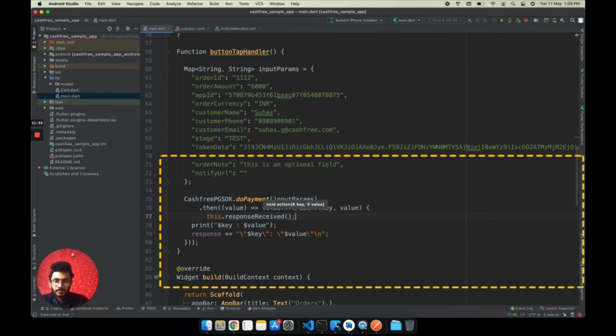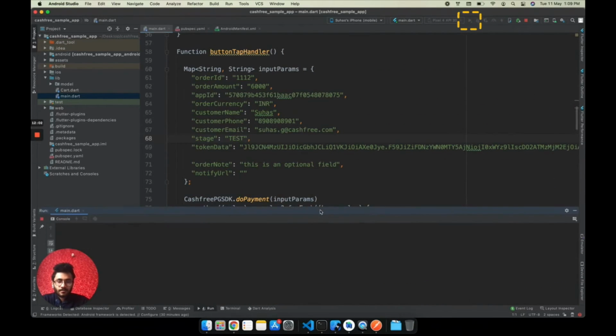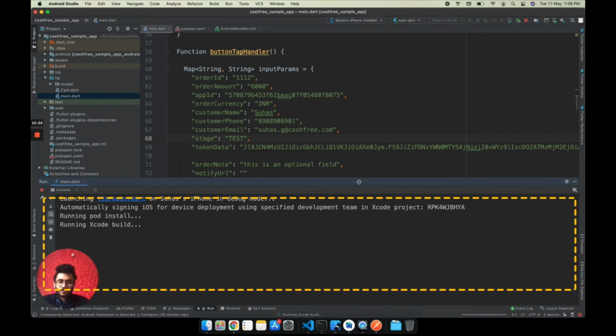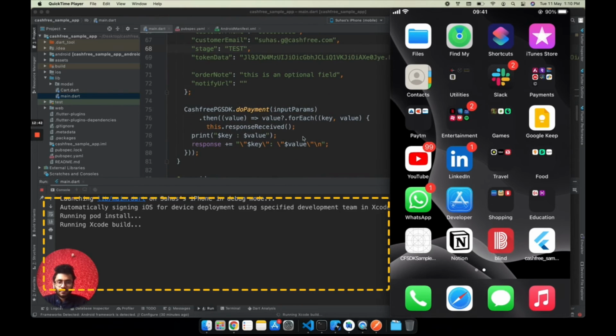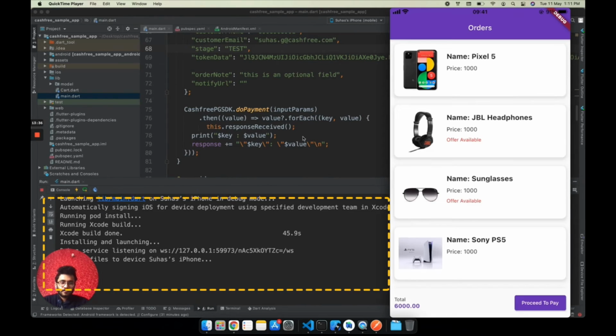Now let's run the app again. So now I'll be clicking on this proceed to pay.